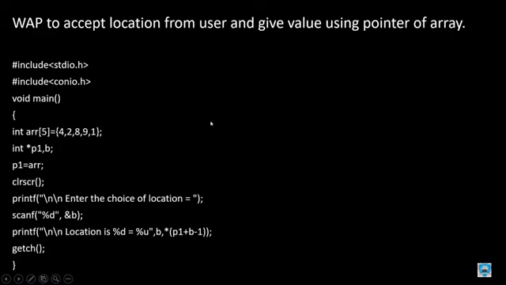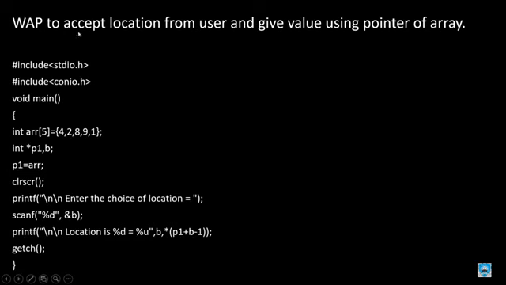Let me move ahead. Yes, this is a very nice program for you because this program concept is pointer of array. The definition is: write a program to accept a location from the user and give the value using pointer of array.